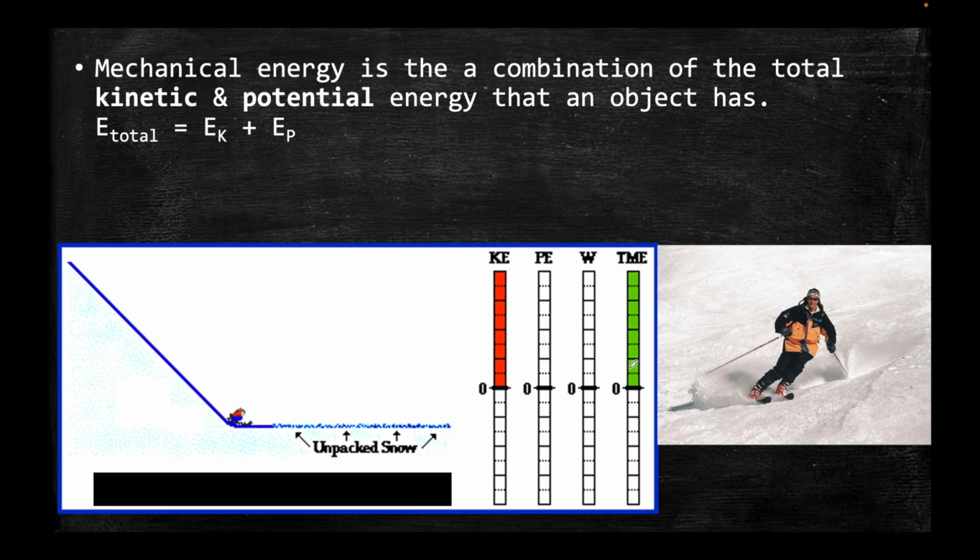So this is reducing, this is increasing, but the total stays the same. It is full. This is the total amount. But afterwards, some snow slows him down. Work is done. He is doing work. So the energy becomes work, and it gets lost into the environment through friction and sound and all sorts, like I mentioned to you earlier.